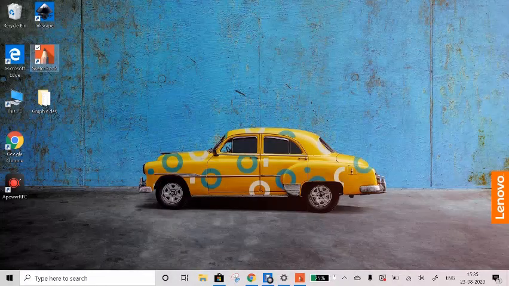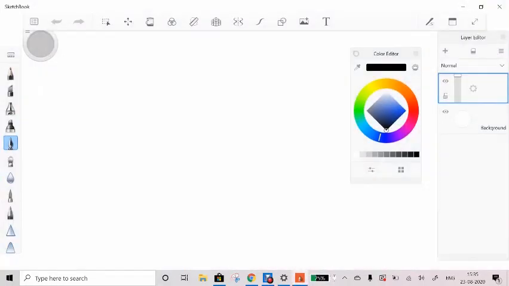My name is Snehal. Today I'm going to show you how this app called Autodesk Sketchbook works. I discovered this app a few days back and it's absolutely amazing. If you're someone who is looking for digital artwork and if you're a beginner or even for professional work, you can use this app. So when you open, this will be the look of the app. This is the free version which I'm using right now. You can also go for the premium version where you can get more tools and more options for editing.